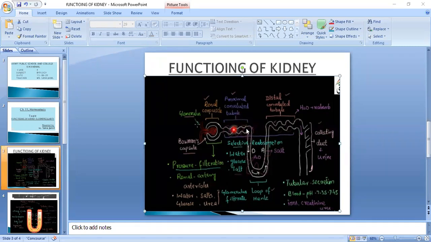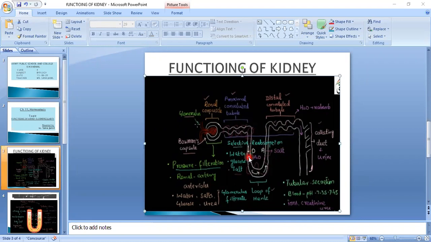Fine. And the other glucose and water are reabsorbed by osmosis. Osmosis is another process, or you can say it is another way to reabsorb this material into the proximal convoluted tubule. The descending loop of Henle, here this descending limb,